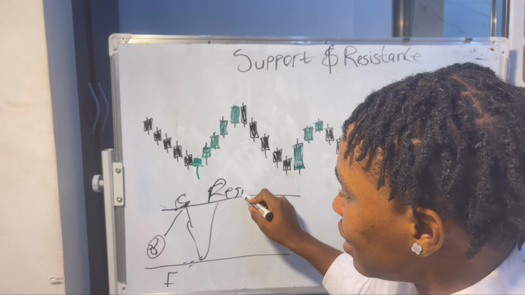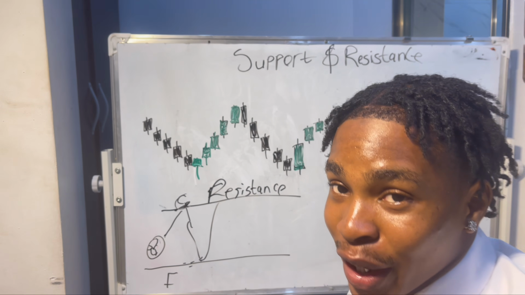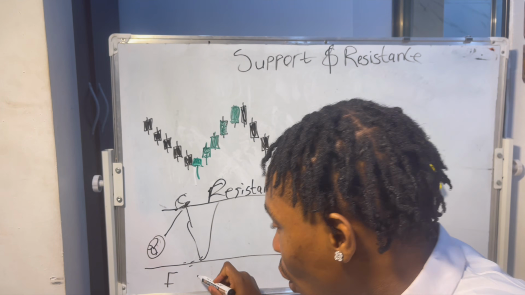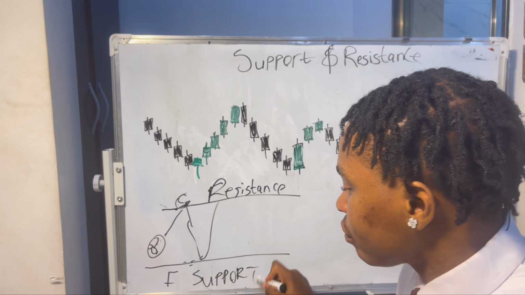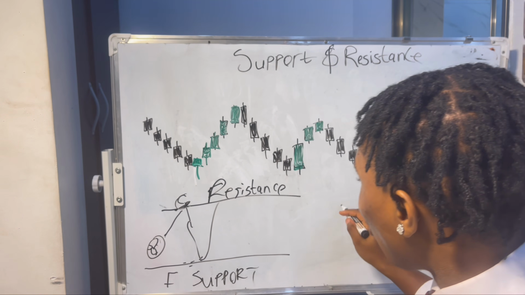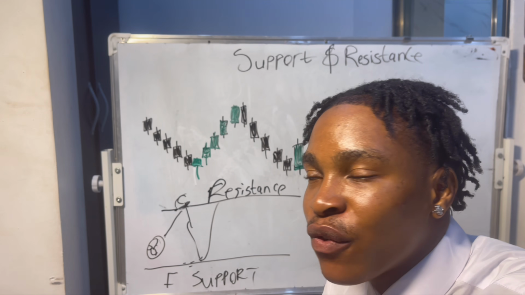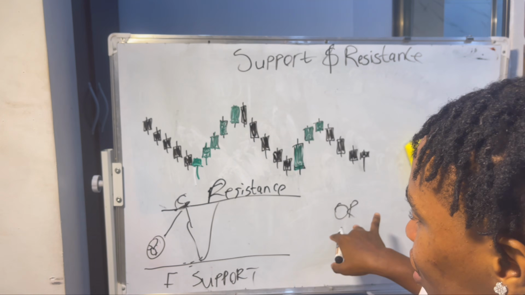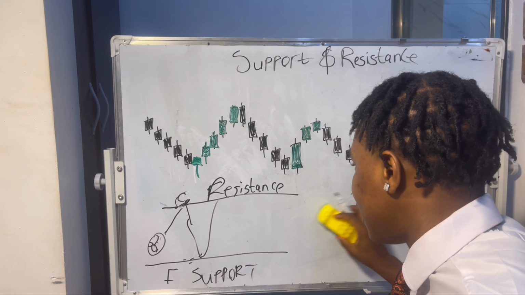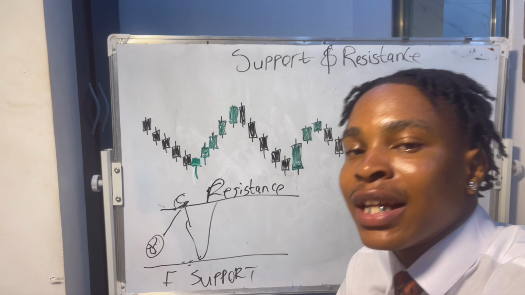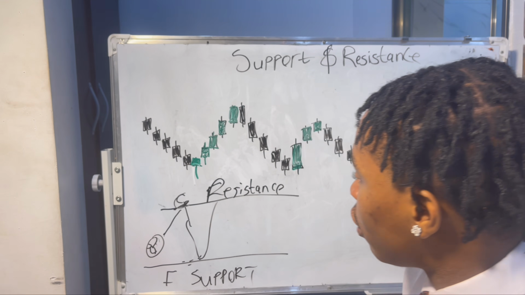Is what we call the resistance. Sorry for my handwriting. And then this down part is what we call the support here, right? Now other people like to call them order blocks, but they use so many hard words for no reason. Now this is basically the ICT community, and we don't trade ICT because they complicate things. It doesn't matter whether they complicate things, because simplicity is what will actually make you profitable, right?